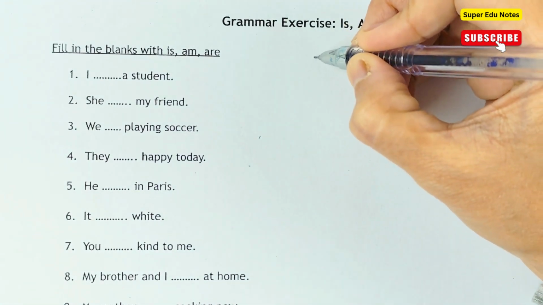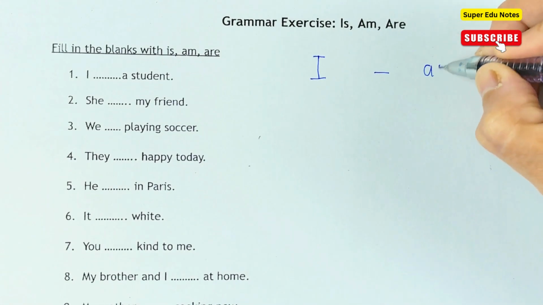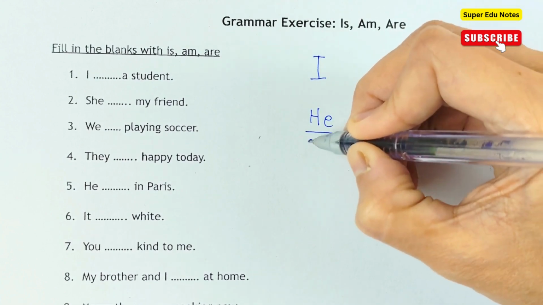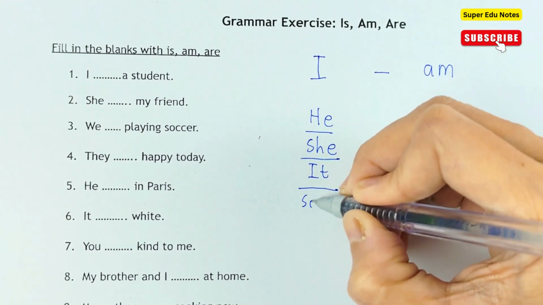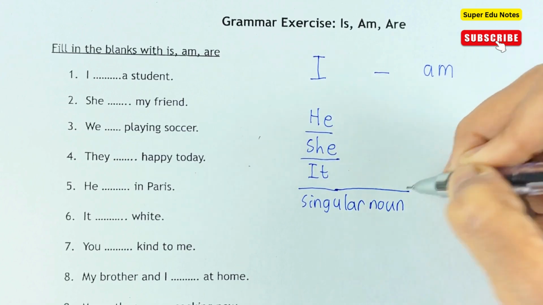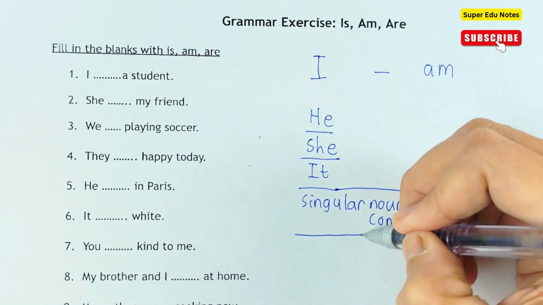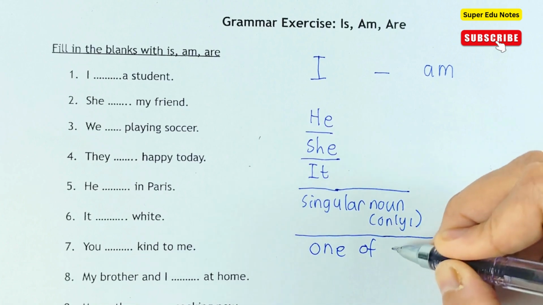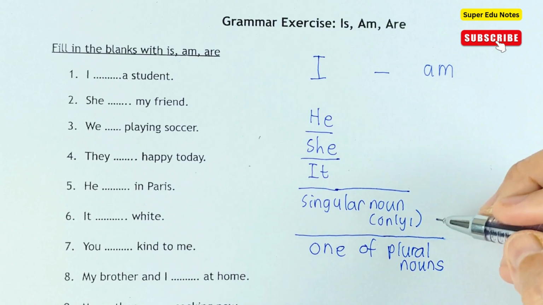So for subjects like I, we use am. For subjects like he, she, it, singular noun means a noun that is only one, and then one of plural nouns, we use